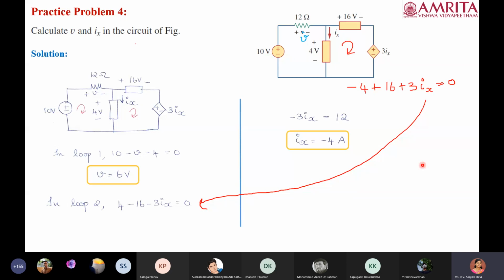Okay. And whenever there is a passive element and a current is flowing through it, there will definitely be a voltage drop across it. So the convention is, when a current is flowing through a resistive element, the terminal where it is entering will be positive and the terminal where it is leaving will be negative. And if in the numerical they have given an opposite polarity, it is again understood that the polarity they have given has to be the opposite. But you need not worry, because you will get an answer as negative, which tells that the polarity given in the numerical has to be the opposite polarity.